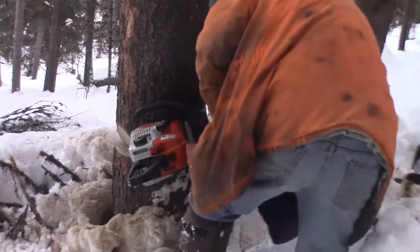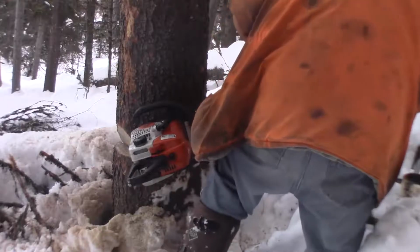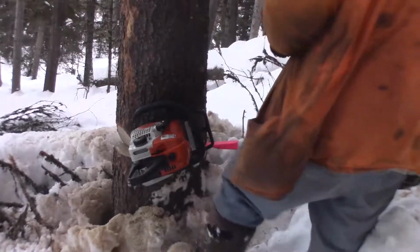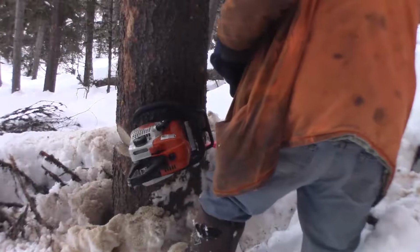Once you're in a ways, you can put the wedge in and hammer it a bit. You don't want the wedge to hit the chainsaw, and a plastic wedge is always better so that it